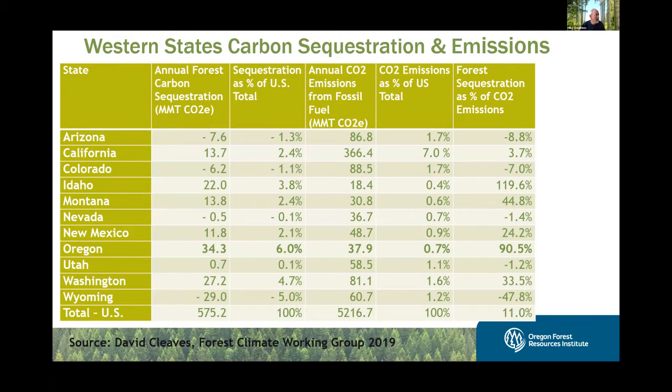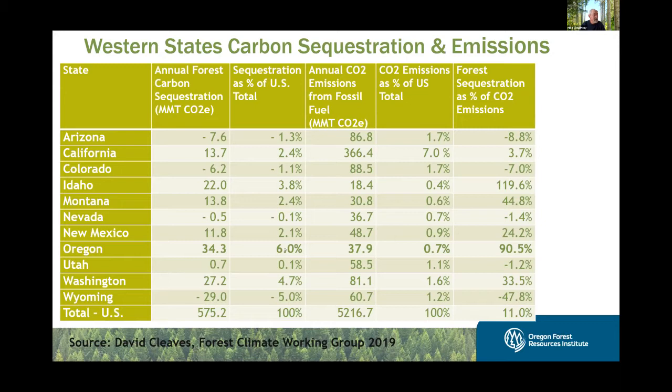we always talk about it, at least we do, in million metric tons of CO2 equivalents. The reason we do that is we're comparing it to the emissions. The number one greenhouse gas that we're concerned about is carbon dioxide. So we try to talk always about emissions and sequestration in terms of carbon dioxide equivalents. So we'll just look at Oregon for this. Oregon, every year we sequester 34.3 million metric tons CO2 equivalent of carbon.